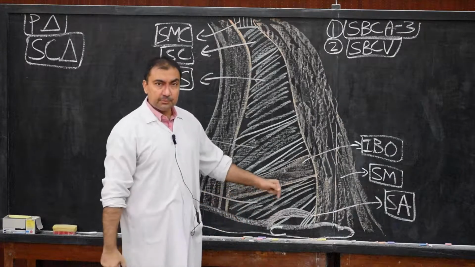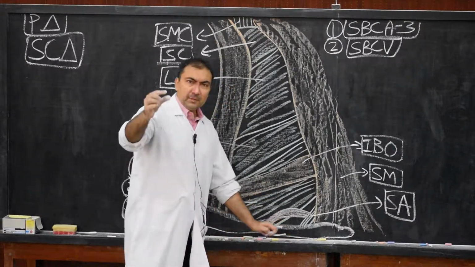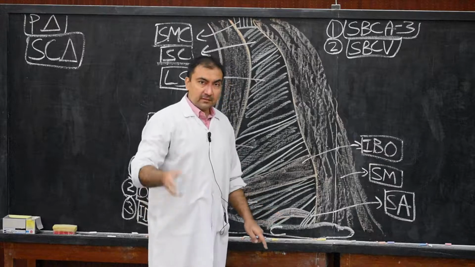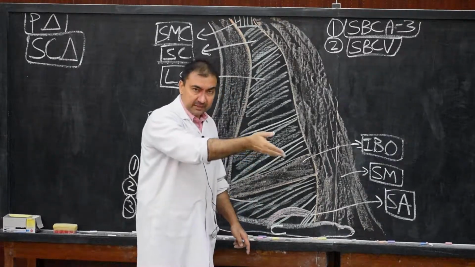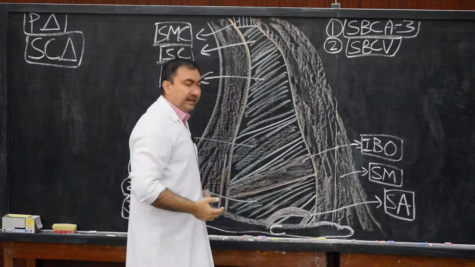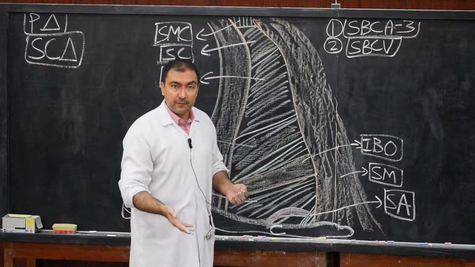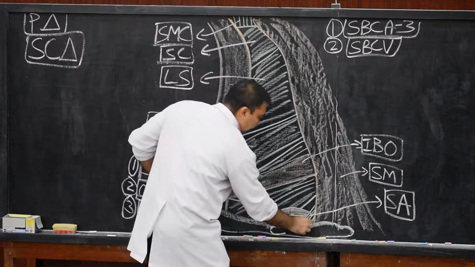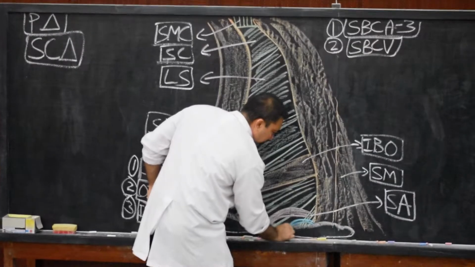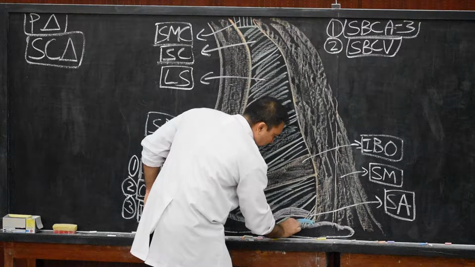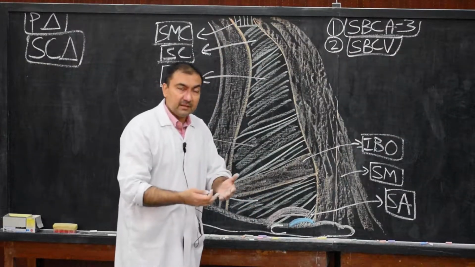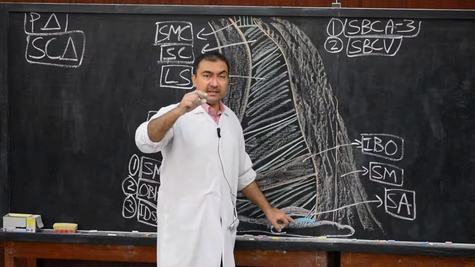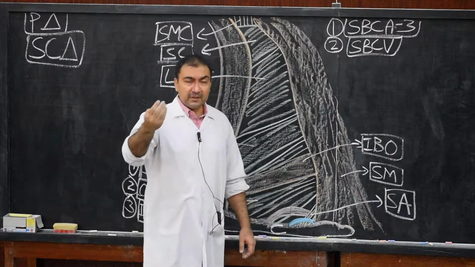And this subclavian vein has an important relation. A small part of subclavian vein is seen here in front of scalenus anterior muscle. Now remember, the third part of subclavian artery is coming from behind the scalenus anterior muscle, and subclavian vein is coming from the front of scalenus anterior muscle. So therefore here we are showing this small portion as subclavian vein. It is lying behind the clavicle, remember, but if you just retract, you are able to see this subclavian vein, lying in front of scalenus anterior muscle. So how is subclavian vein defined?